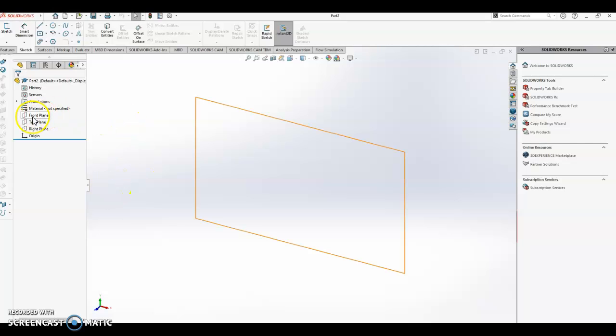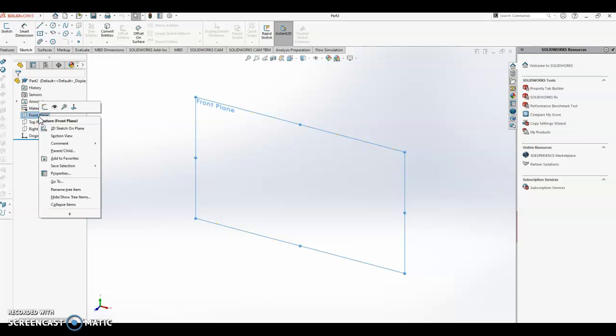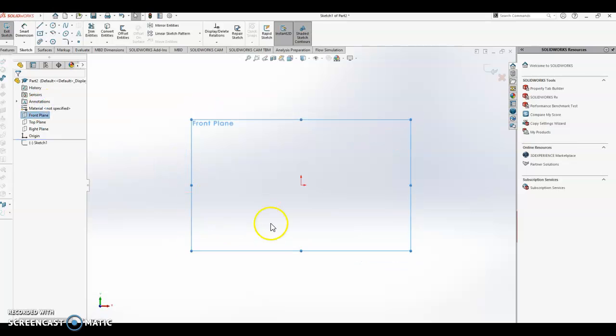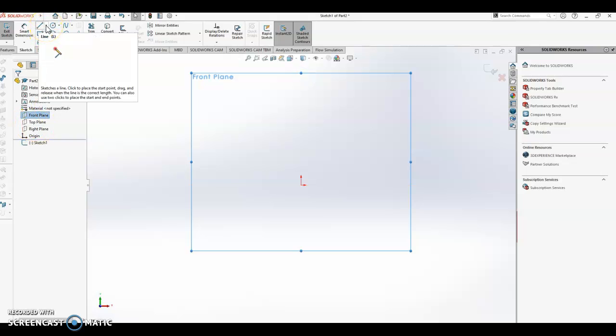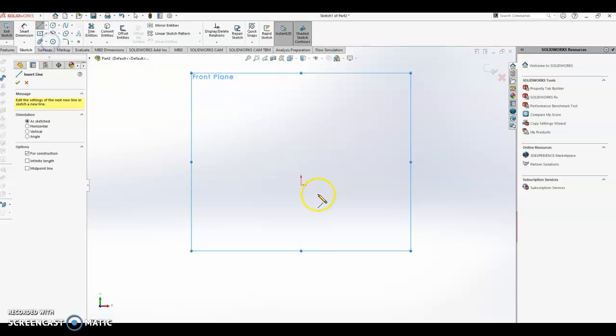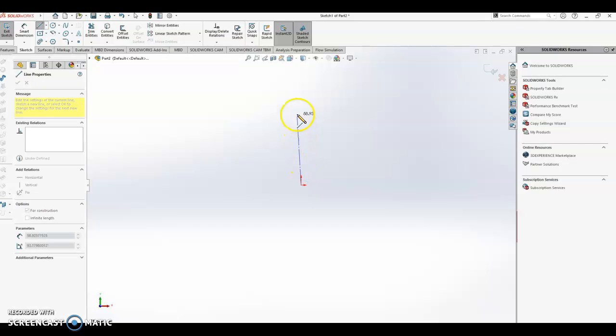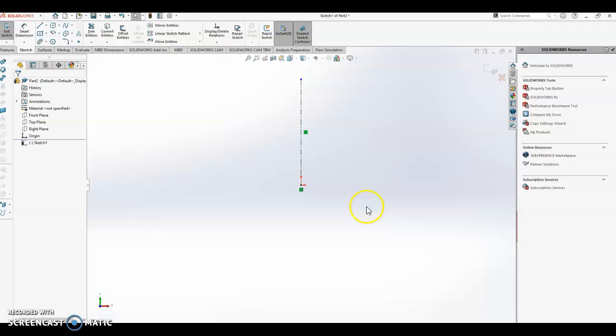So I'm going to create this sketch on the front plane. So I will right click the front plane and then click sketch there. So I will start with a center line. Beside lines there, click the drop down and then select center line. So I'll create the vertical center line,